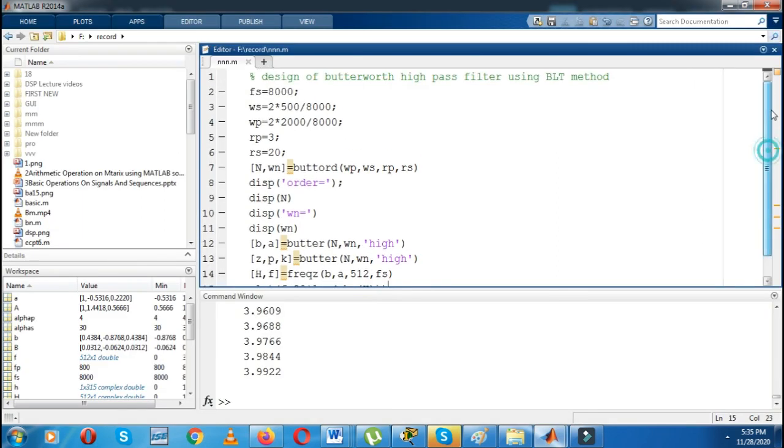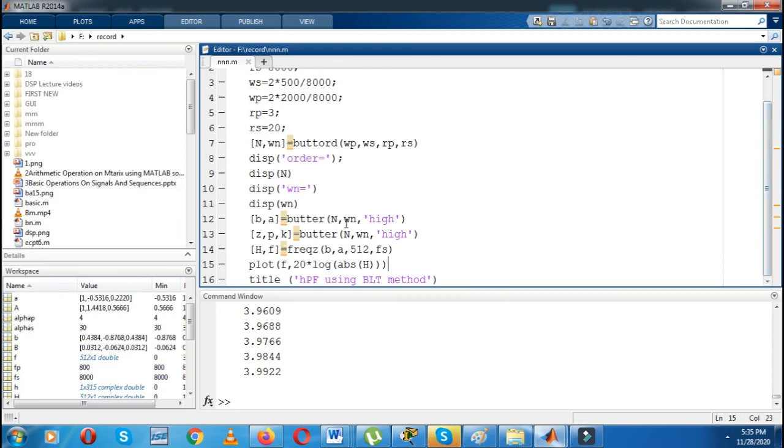Once again you can see, initially I have taken the sampling frequency, omega s, omega p, rp, rs, butter order, then I have simply displayed that order. Then I have taken the command for the high pass filter to find out the Butterworth high pass filter.